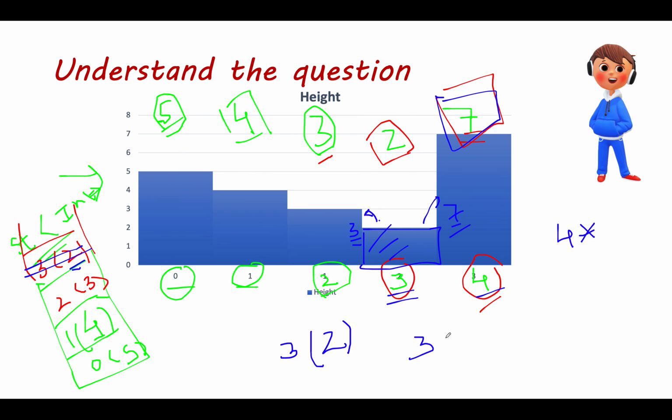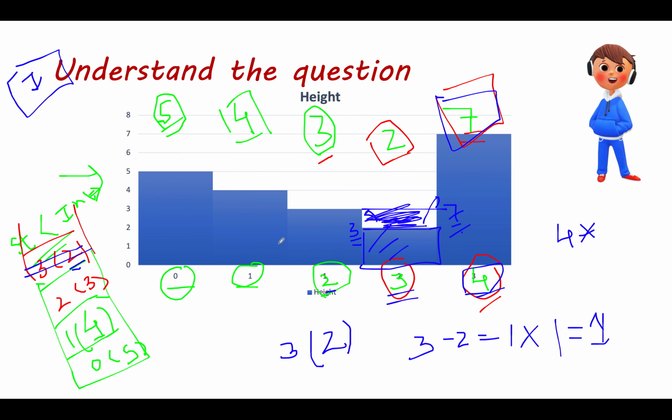The height is 2. 3 minus 2 is 1, and we will multiply it by the width. So width will be given by the index of 7. The index of 7 is 4 minus the index of the leftmost boundary, which is 2. 4 minus 2 is 2, minus 1. So 4 minus 2 minus 1 is 1. So this gives us the water trapped by this particular bar, which is 1 unit. So let's create a global variable and let's add 1 to it. Now we have added the area bounded by this particular bar.